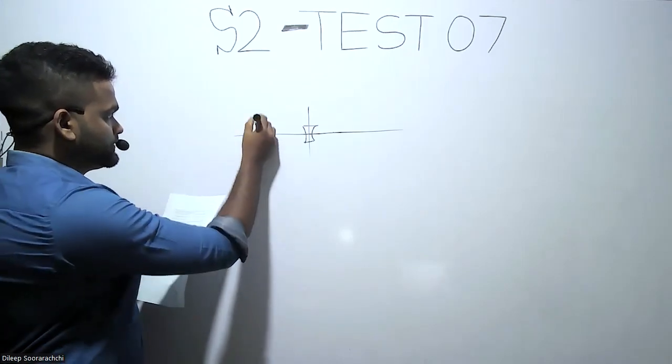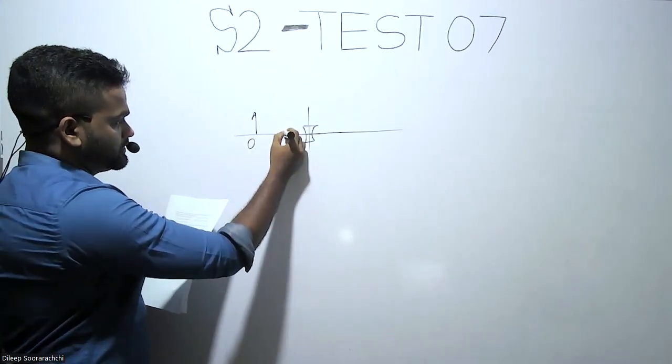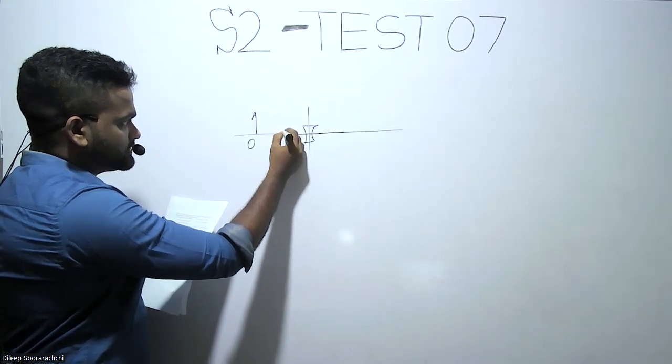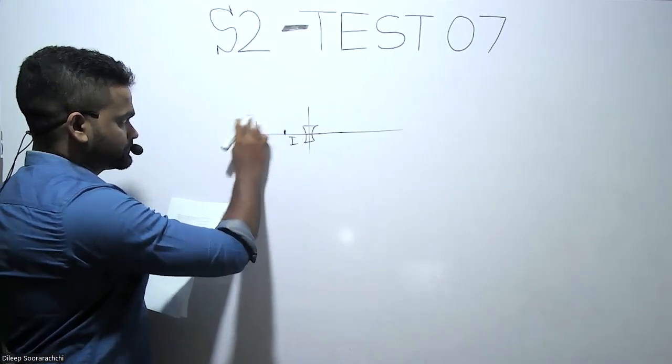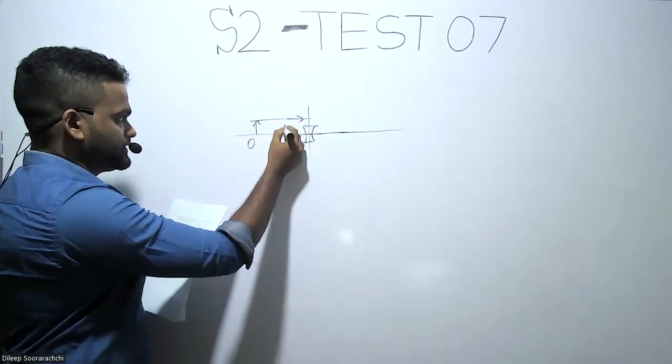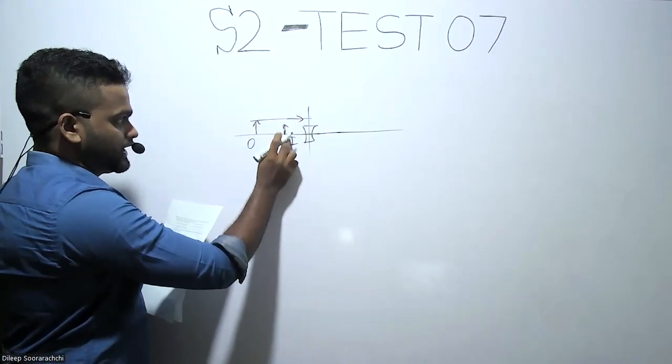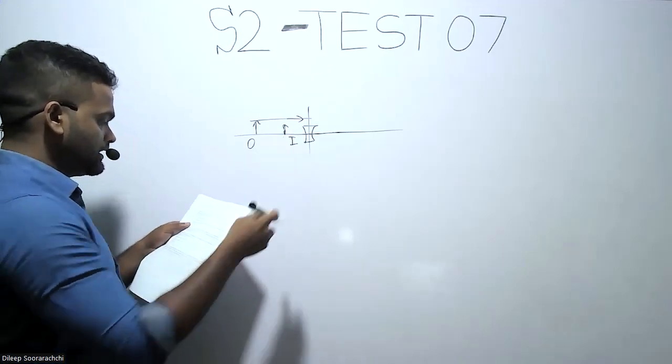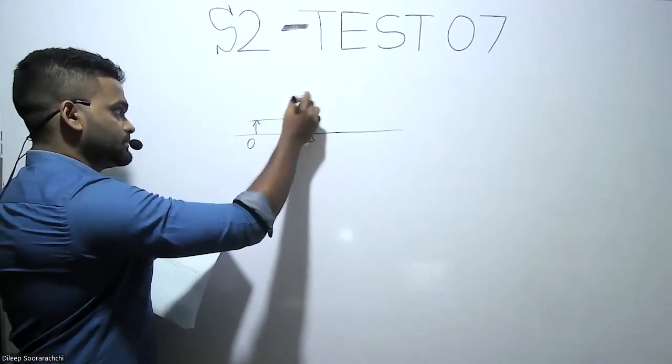So if this is the object, for a concave lens always the image is formed here. For any type of real object, the image is always formed like this. Focal length, they say simple f,